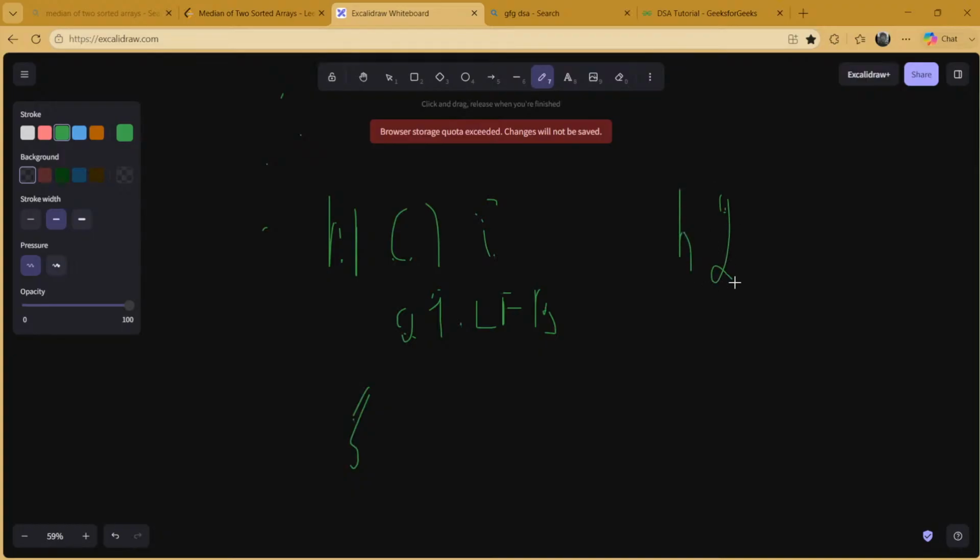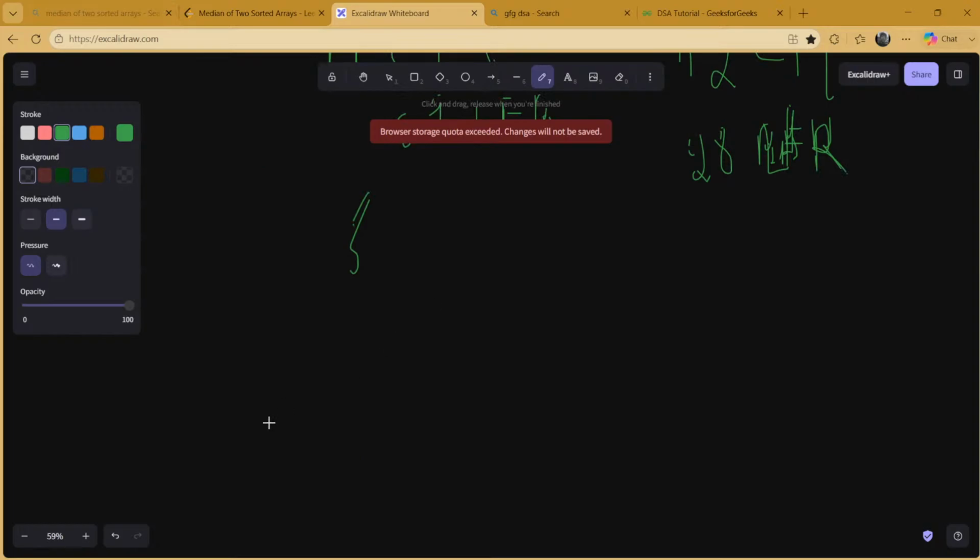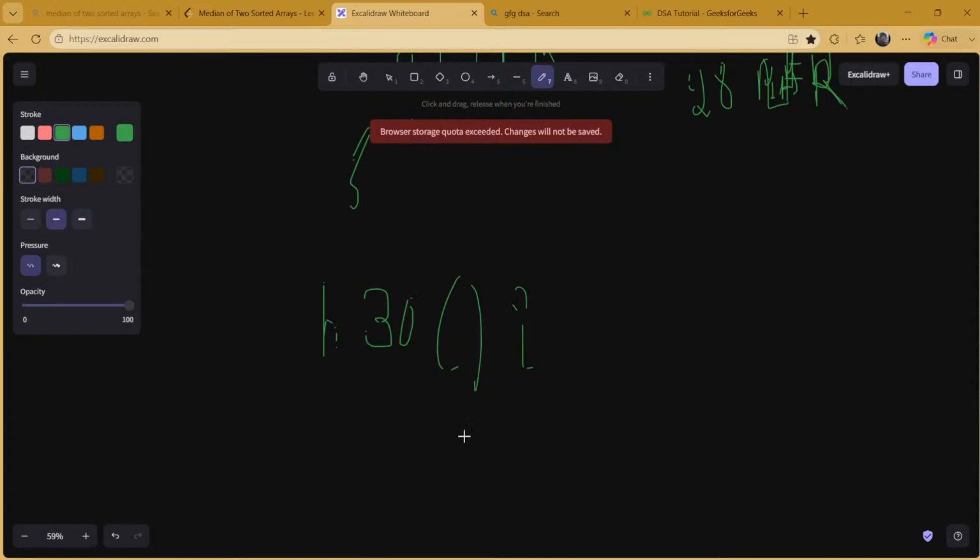h2। इसके अंदर मैंने लिख दिया 28 डेज लेफ्ट फॉर बर्थडे। ठीक है, वैसे ही करके मैंने ऐसे करते करते H30 बना दिया। H30 उसके अंदर मैंने लिखा है हैप्पी बर्थडे।